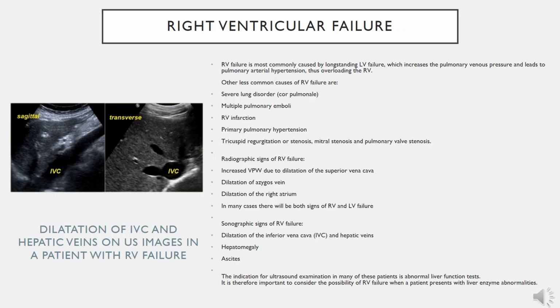Right ventricular failure. Right ventricular failure is most commonly caused by long-standing left ventricular failure, which increases the pulmonary venous pressure and leads to pulmonary arterial hypertension, thus overloading the right ventricle. Other less common causes of right ventricle failure are severe lung disorder, multiple pulmonary emboli, right ventricular infarction, primary pulmonary hypertension, tricuspid regurgitation or stenosis, mitral stenosis, and pulmonary valve stenosis. Radiographic signs of right ventricle failure: increased vascular pedicle width